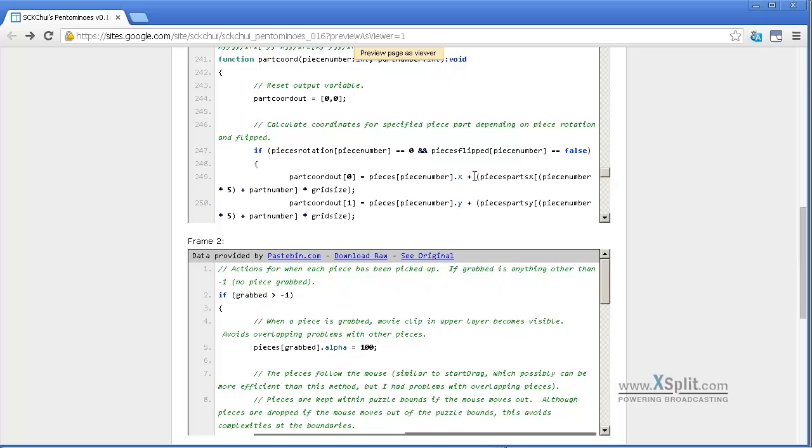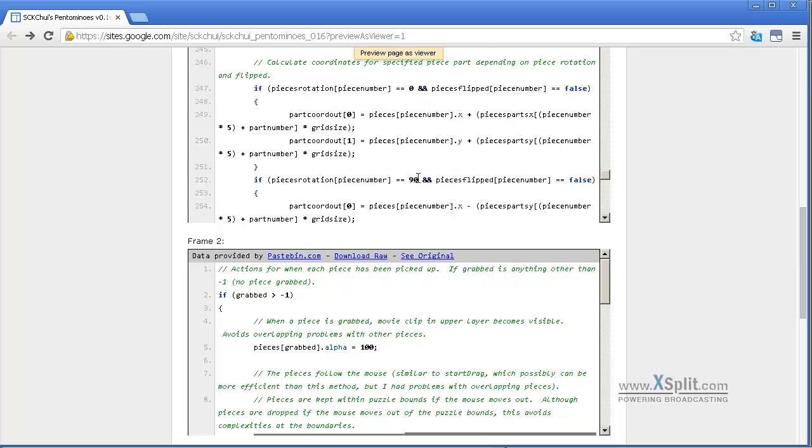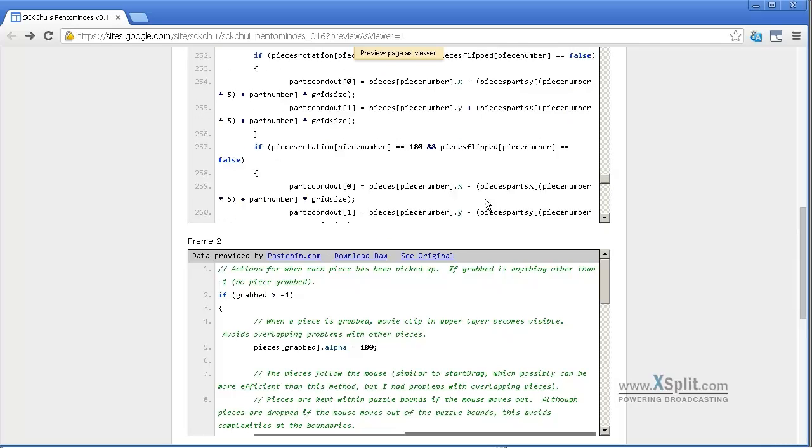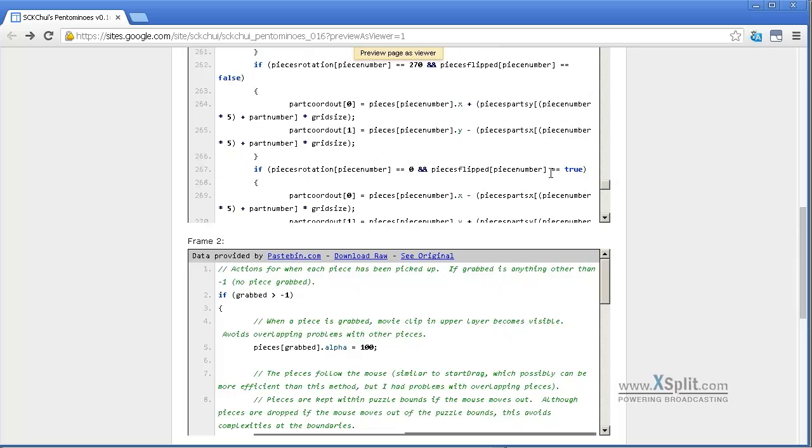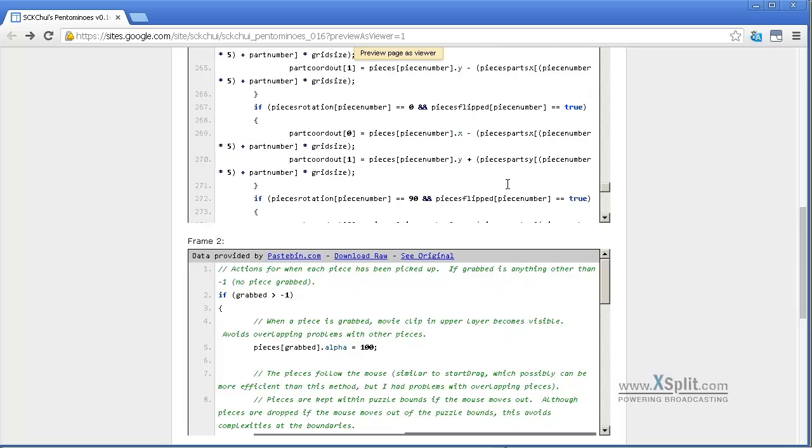Does that make sense? Because the offset times the size of the grid added to the origin of that piece equals the coordinates of that part of that piece. Hopefully that makes sense. So there's no rotation and not flipped, and then there's one rotation and not flipped, two rotations and not flipped, three rotations not flipped, and then no rotation and flipped, one rotation and flipped, and so